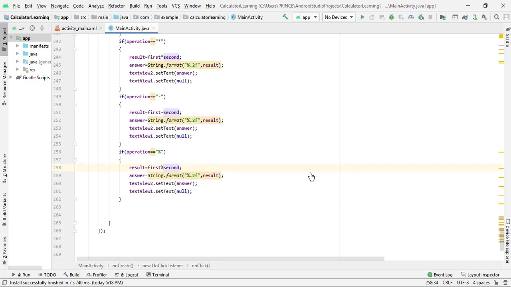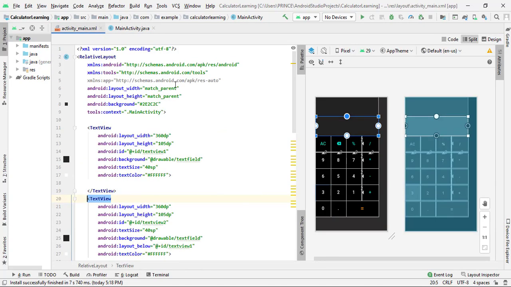Now our code is ready, so it is time to check our app. One important thing before checking our app: as you know, I already showed a video at the start, where whenever the user enters any number, that number is displayed at the start of the text field. So I click on the activity_main XML file to show you what I am saying.